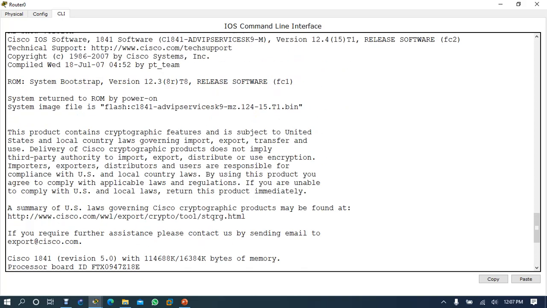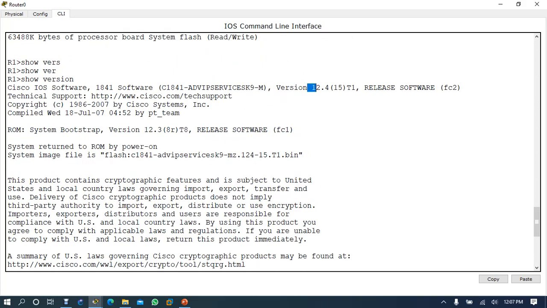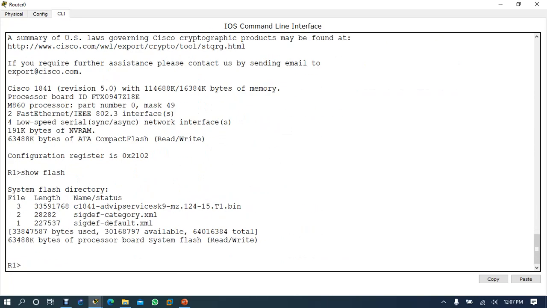Here in Packet Tracer it is 12.4, but if you use GNS3, you'll see 15.1, 15.2, 15.4, 15.6. If you have an updated IOS, you can run the updated commands. These are, I think, 10 years old routers.